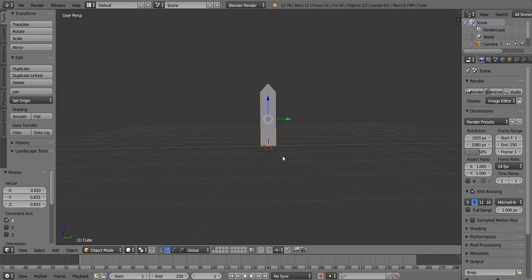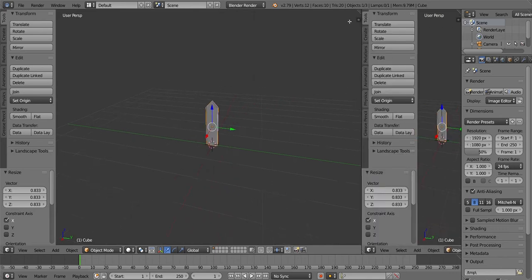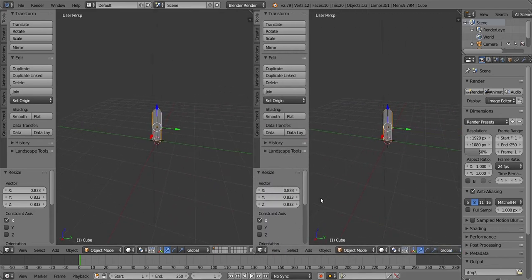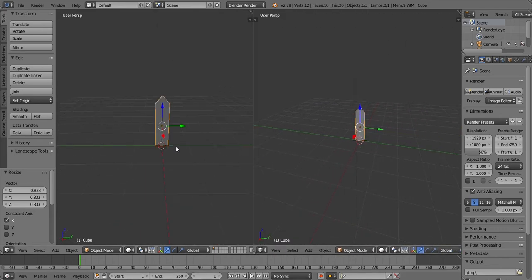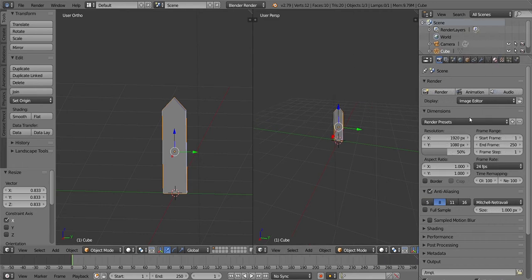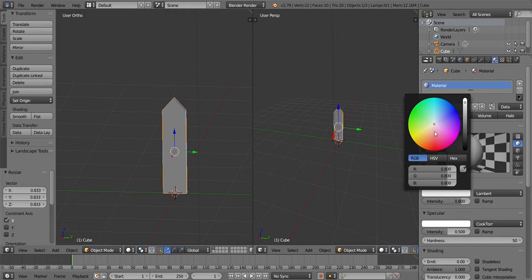Now we can make more such structures, but first we will texture this fence and then we'll copy it so that the texture is also copied to each and every stand of this wooden log. First we'll go to the material, we'll color it brown,